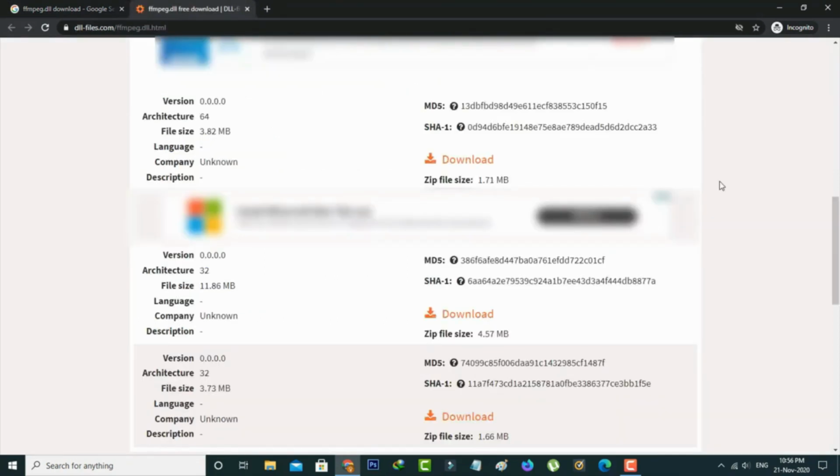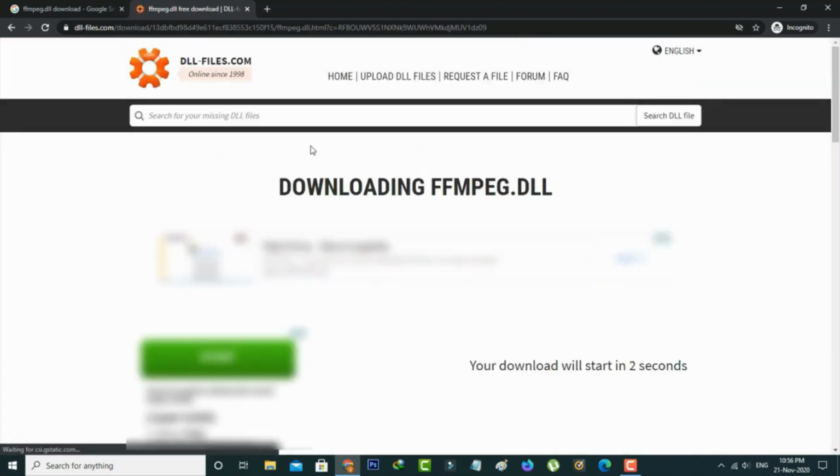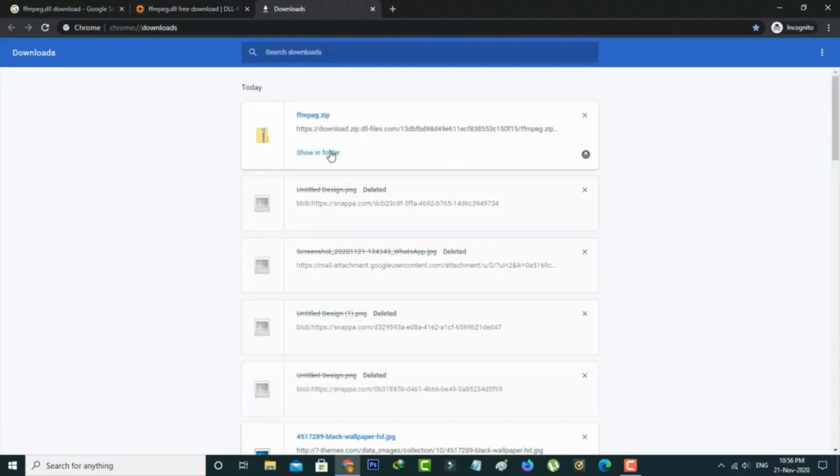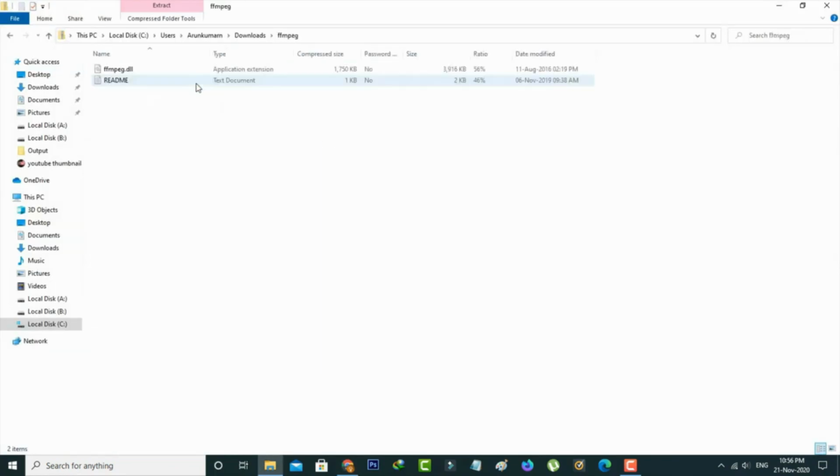But if you have a 64-bit OS, just download this first one. Otherwise, if you have a 32-bit operating system, just download this second one. So here I select the first one and start to download it. While the download completes, after the downloading process is completed, now I open the file, and this is the file. So now you can copy this file,